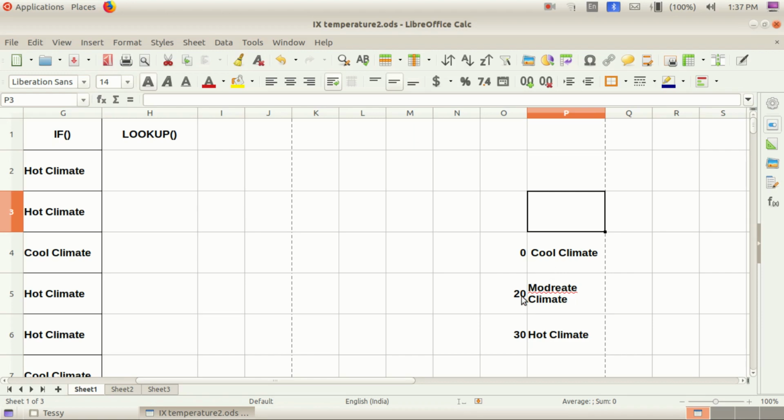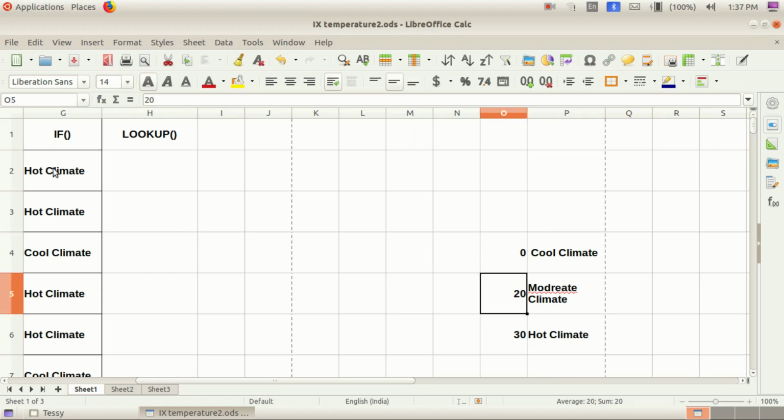After that from 20 to 29 it will take as moderate climate. After 30, if that is 100, 200, 300 anyway, it will take as hot climate. Okay children, do you understand? This way, if you want to prepare your mark list, 90%, 80%, A plus, A, B plus, B, like that also we can prepare using lookup chart children.